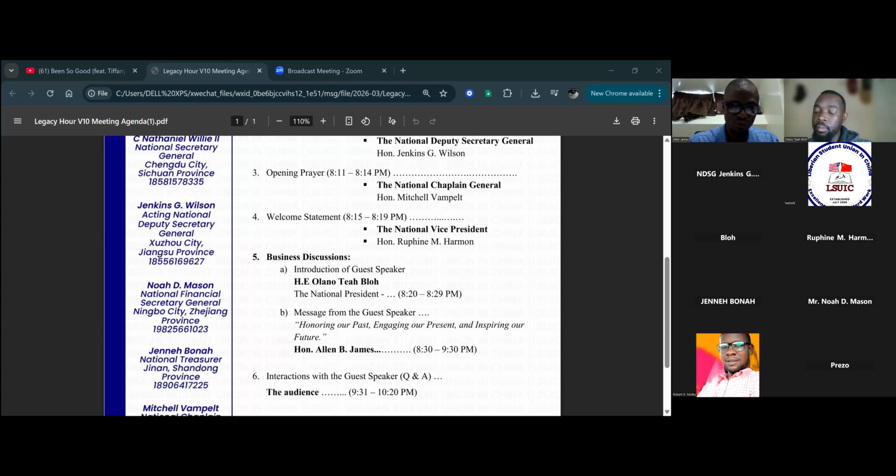Like for instance, the peace and reconciliation issue that we had in Beijing. In Beijing, there was a serious issue where my vice president at the time thought that we were undermining him, or not supporting him to be president for the Beijing chapter. He encouraged some other guys to break away from Beijing. So in Beijing, the break away from